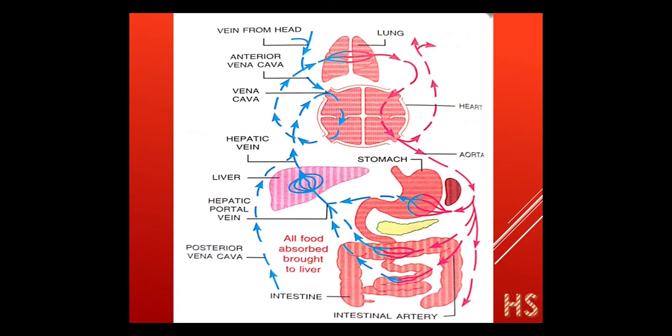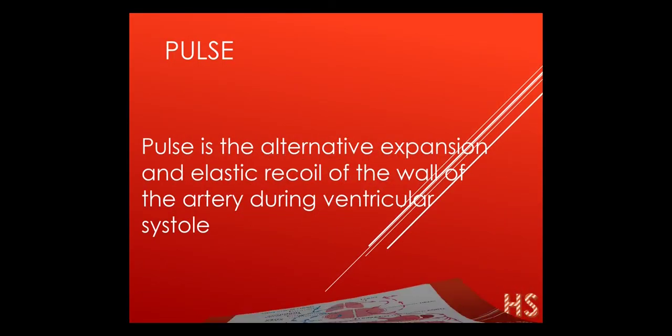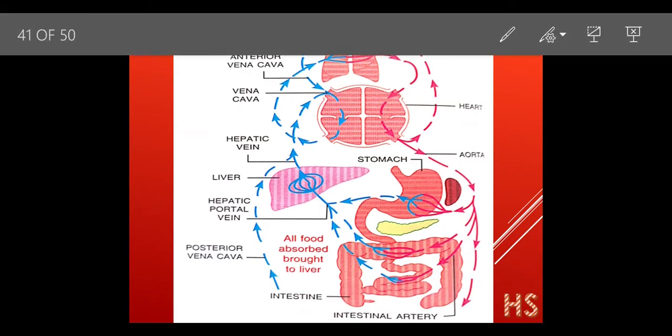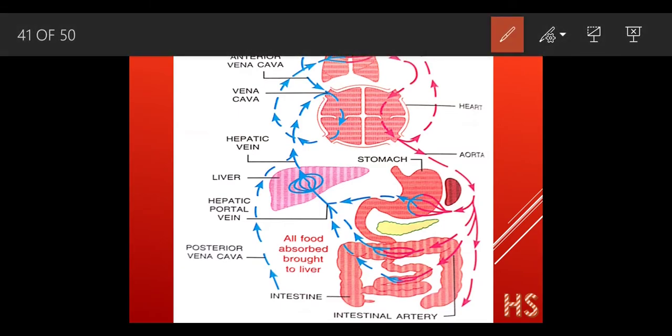So basically this is the diagram. I know it seems very complicated, but we will try to understand this part. See here, if you notice this part, this is the hepatic portal vein, this is the liver. This is the intestinal region. So we can see the stomach and the intestine, meaning the gut part.